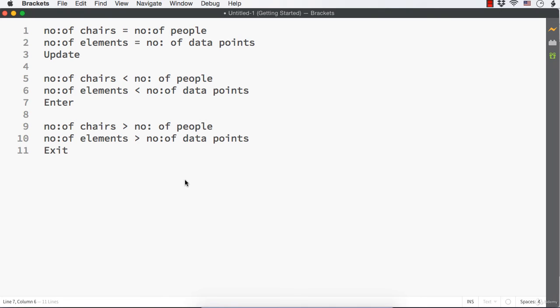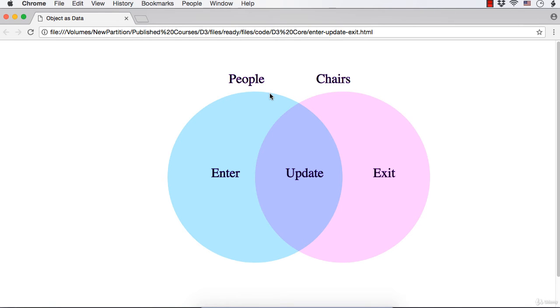So let me explain it with the help of some circles. Now just consider this image. Suppose this blue circle represents people, or in our case data, and this pink circle represents the chairs or elements in our case. So if the number of elements and the number of data points are equal, it corresponds to the update selection. That is the joining of number of data points and number of existing elements results in update selection.